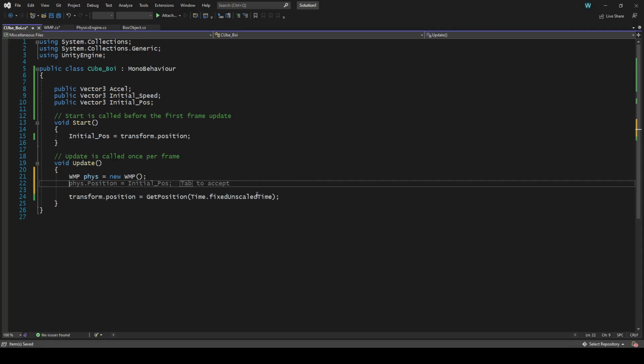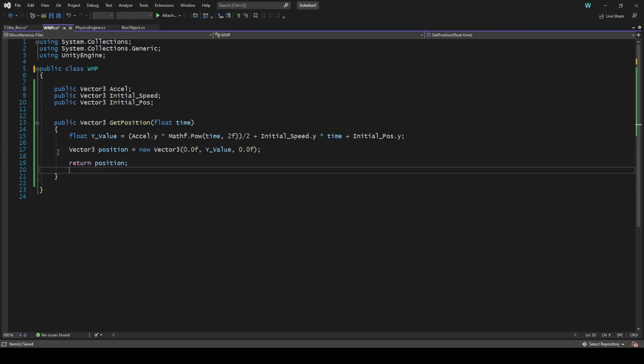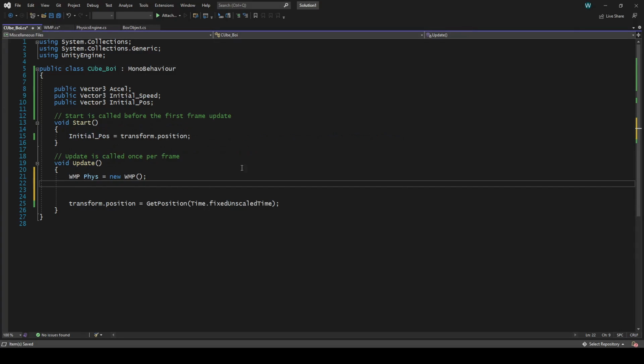Using this, what I've done is, hey, there we go. Let's actually call this something different. Why not? Let's call it Fizz, with a capital F. Basically, what I've done is I have created an instance of this physics engine within the player's code, in this case Cube Boy's code. So what I can do is set fizz.init